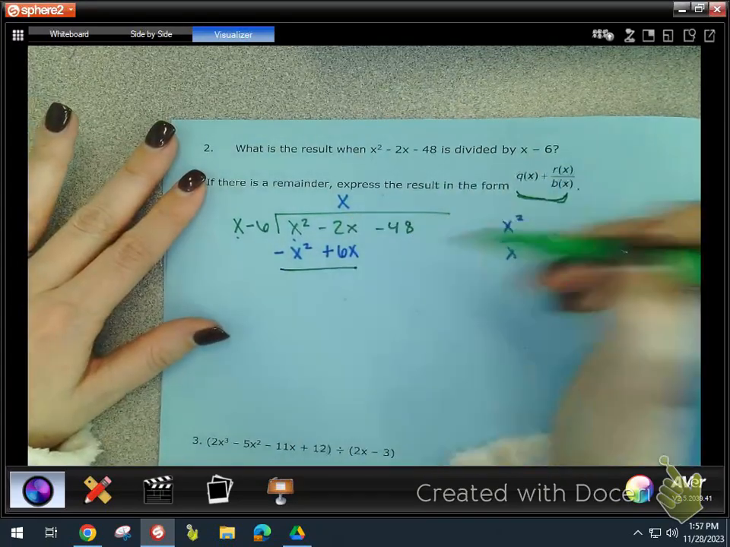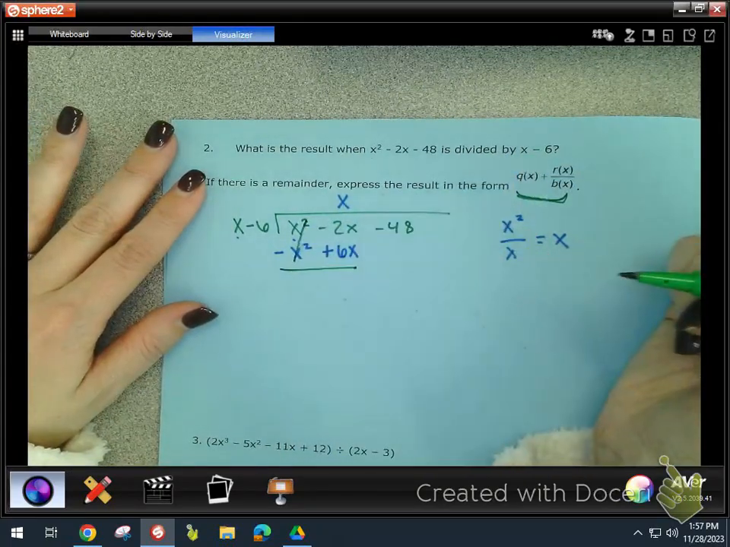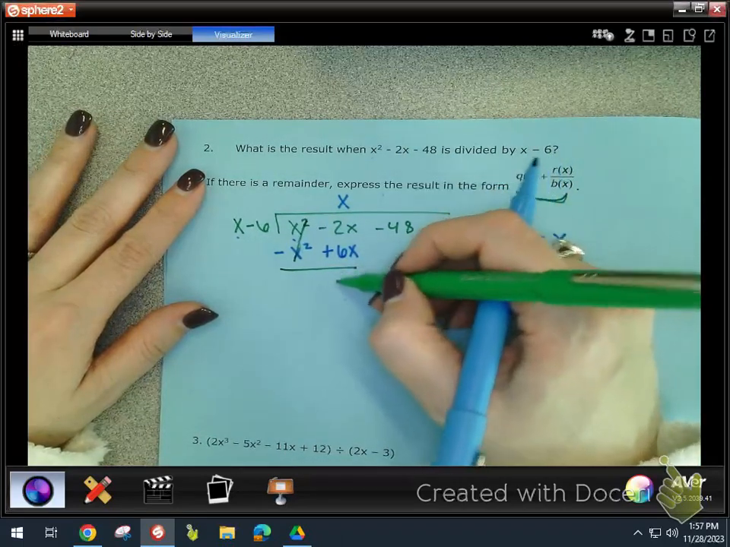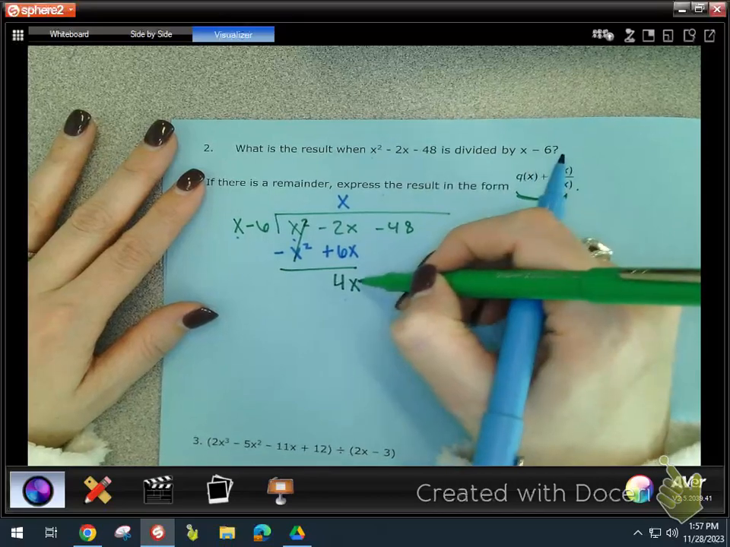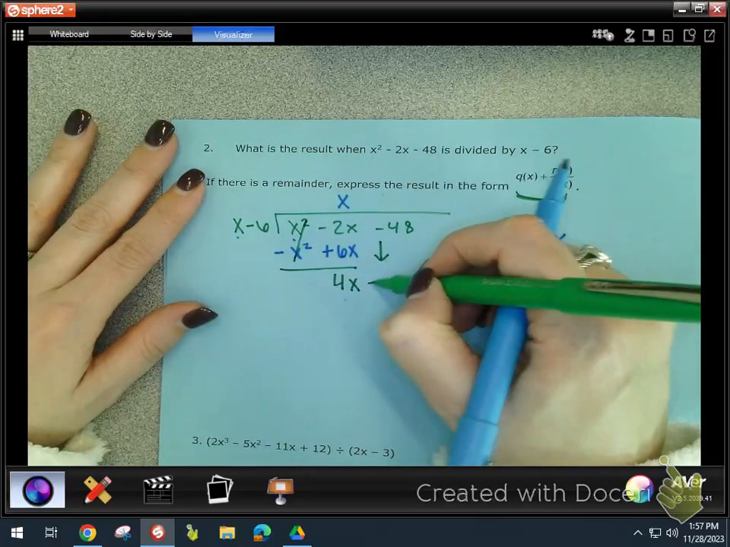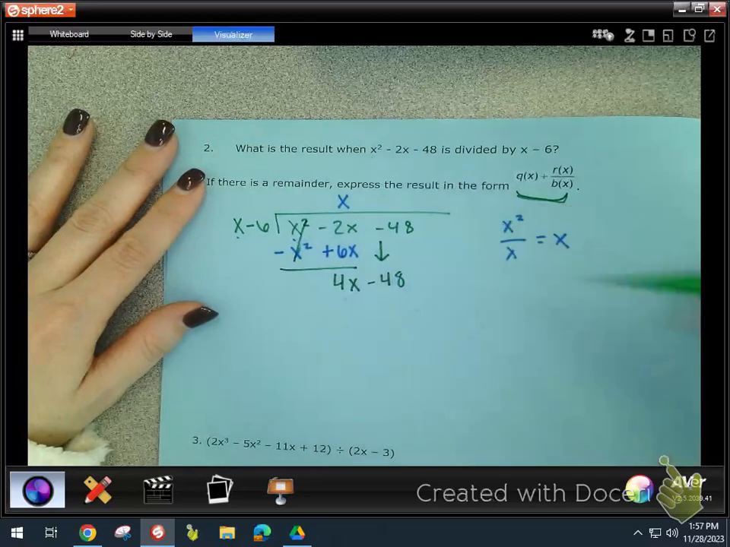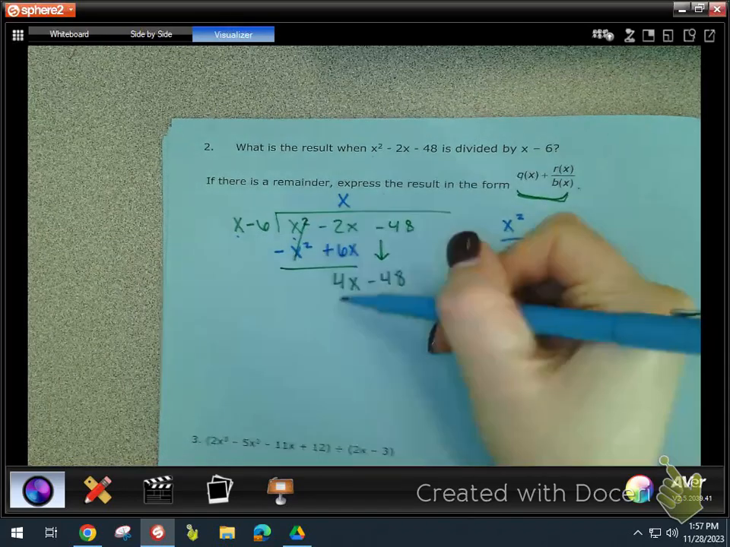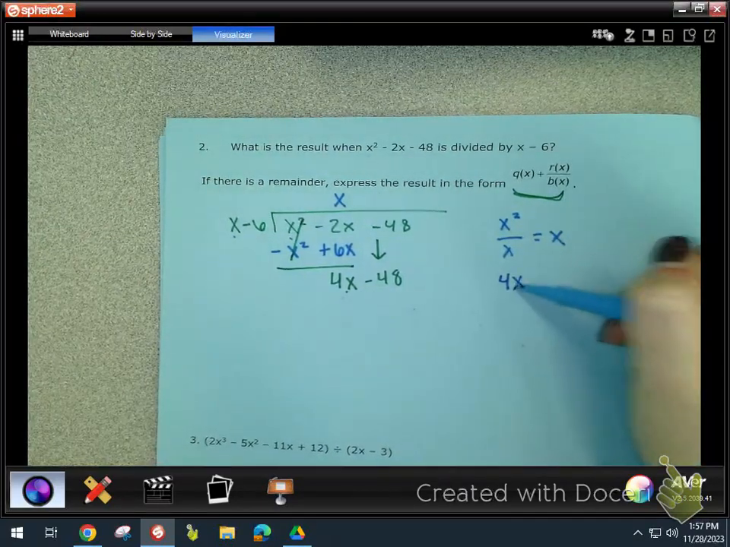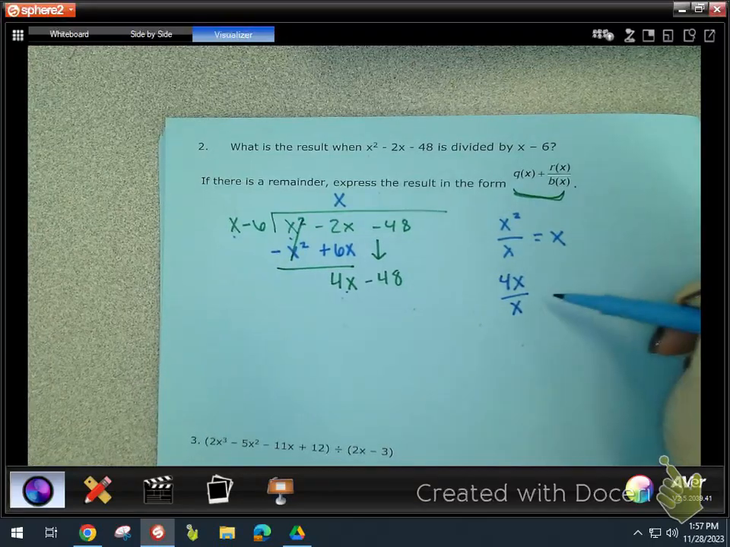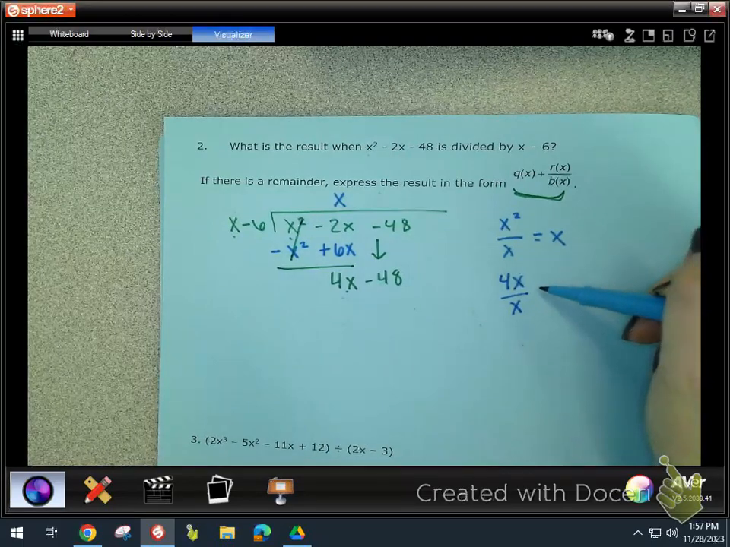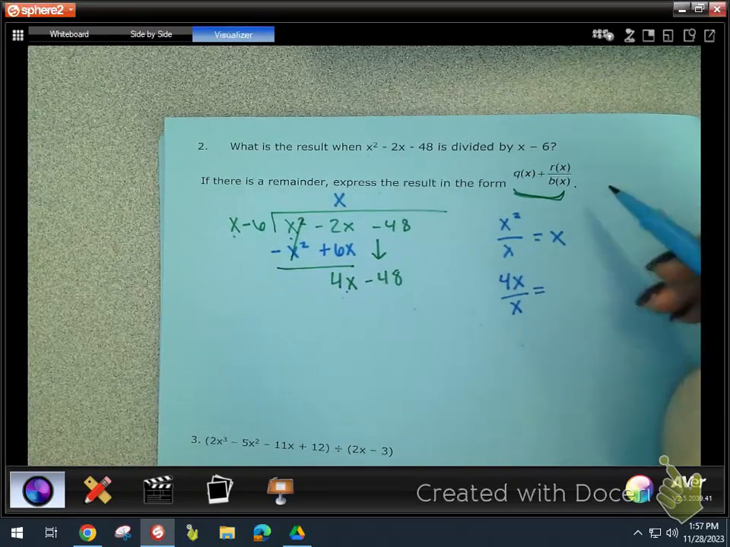Add them up. X squareds, goodbye, as they should. Negative 2x plus 6x is positive 4x. Bring down one thing at a time. I keep saying that because you're going to have multiple things on the next problem. One at a time. Start over. First term divided by first term. What you're dividing by over here is going to be the same thing every time. So 4x divided by x is